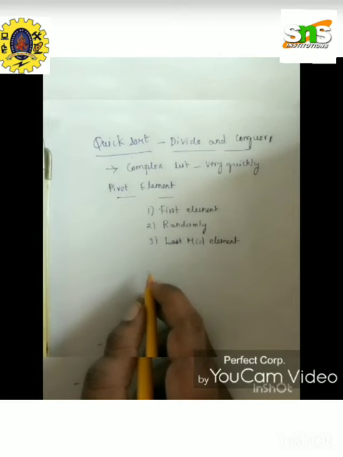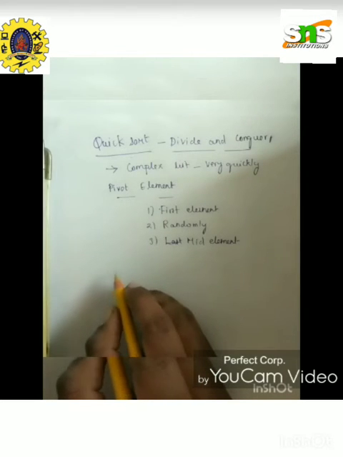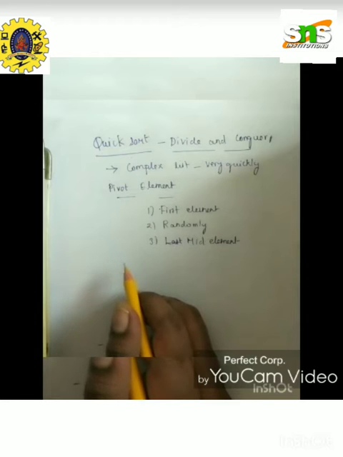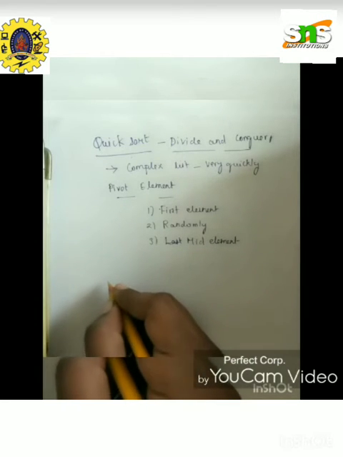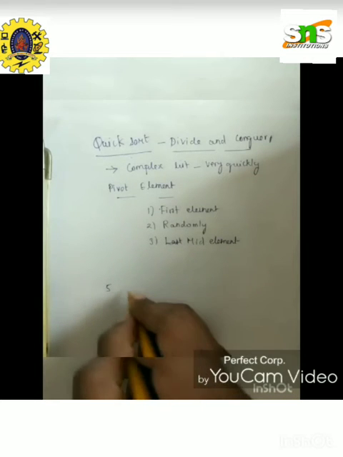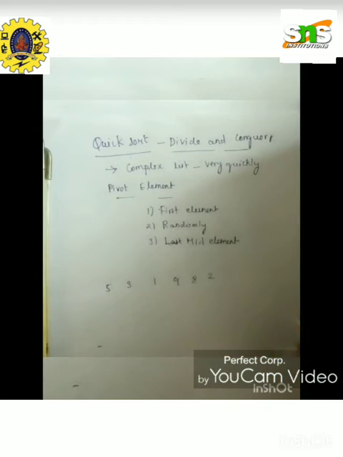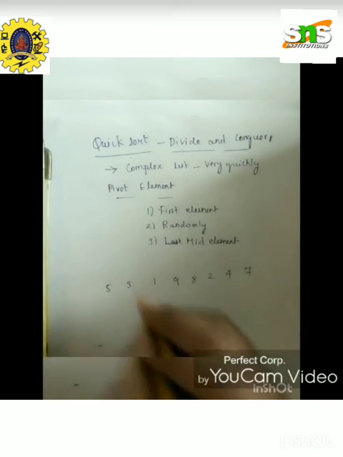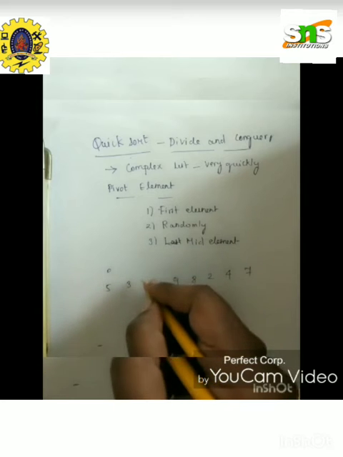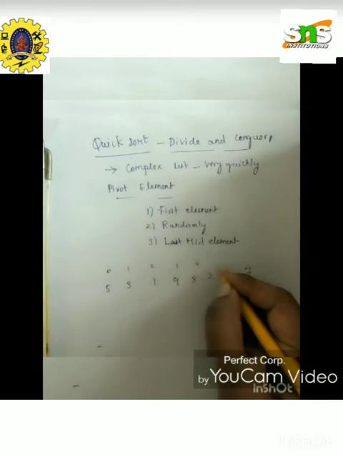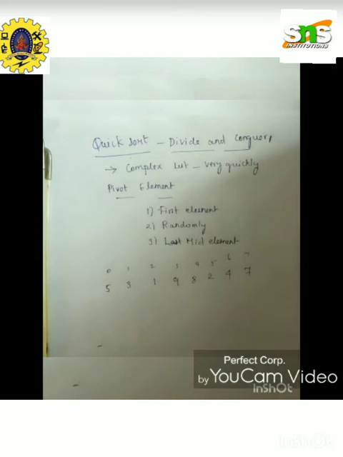Before moving to the algorithm, I will explain the logic of quicksort with an example. If we discuss the example, the algorithm should be easier to understand. The elements we are going to sort are 5 3 1 9 8 2 4 7, and these are the index values of the elements, 0 1 2 3 4 5 6 7, of the given list array.